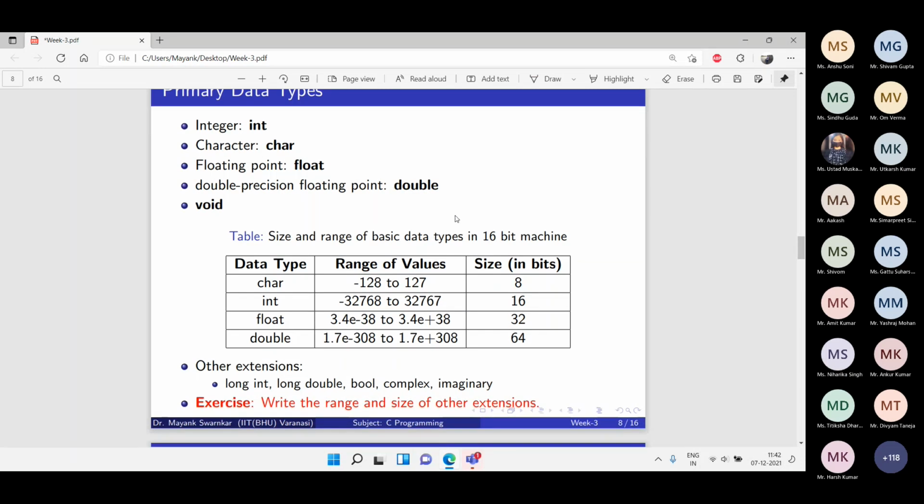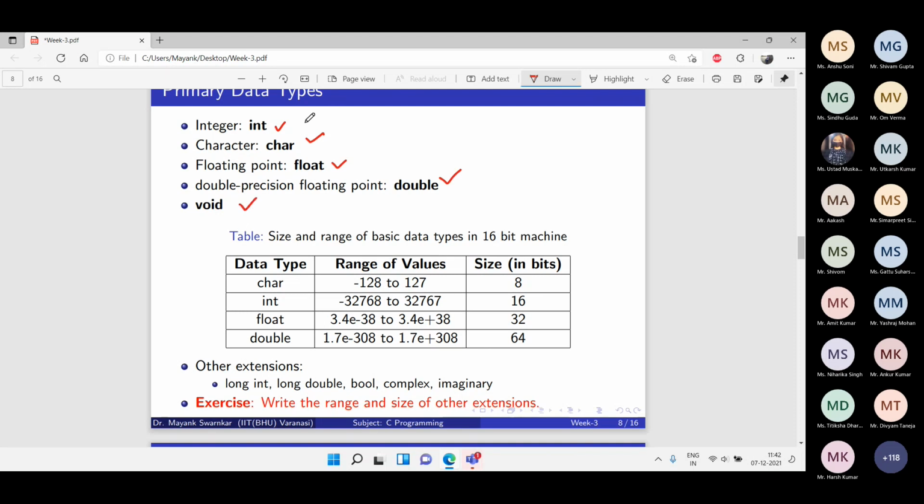So these are the primary data types, which is very important to remember. Okay. We'll use them a lot. So you have asked now why we use int main, char main, because these are data types. Void is also a data type. Therefore, a function always has a data type return. Okay. So it can be an int, it can be a char, it can be a floating point, it can be a double, it can be a void.